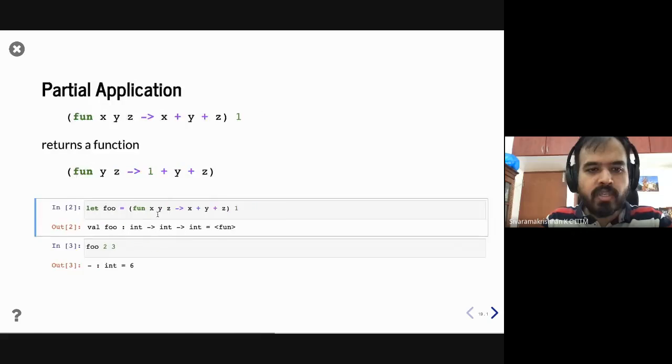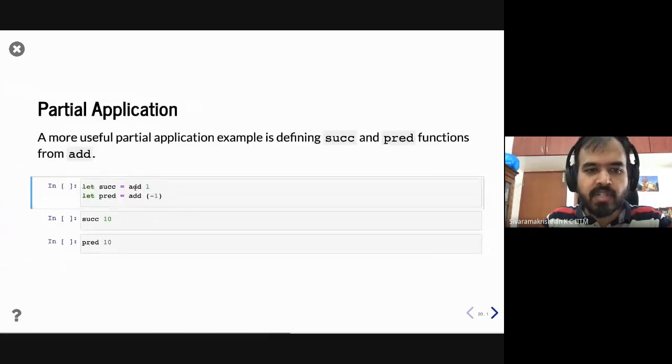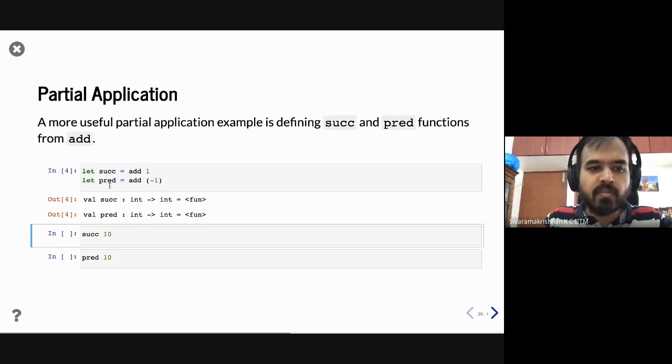And what I'm doing here is using that add function and partially applying it with just one. So you will get a function in return which takes one argument and returns that particular argument plus one, right? And predecessor similarly takes that argument and returns the value of the argument that you supplied minus one.